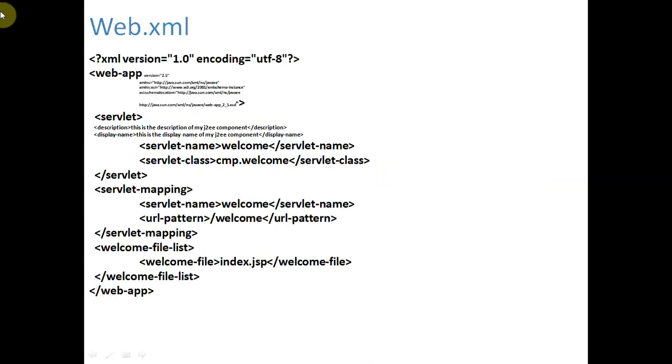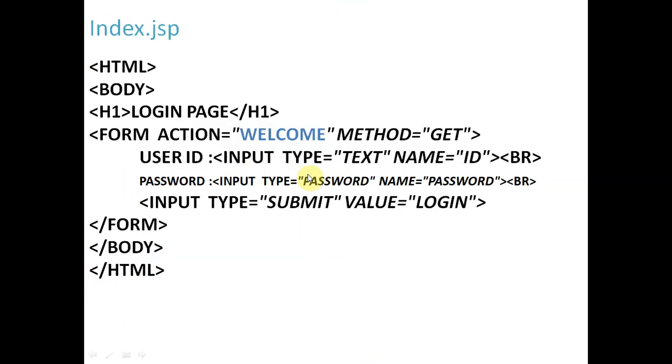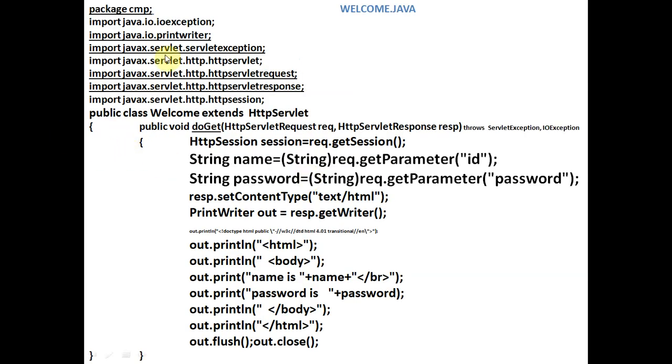And this is web.xml. Inside the web.xml we will write the servlet name welcome, and the servlet class is cmp.welcome. So you can see again, this is the servlet class and the file name is welcome.java, and the package name is cmp. So welcome is inside the cmp package.